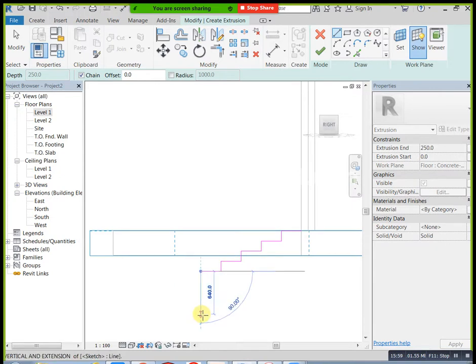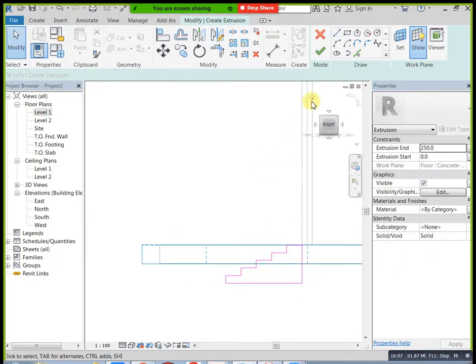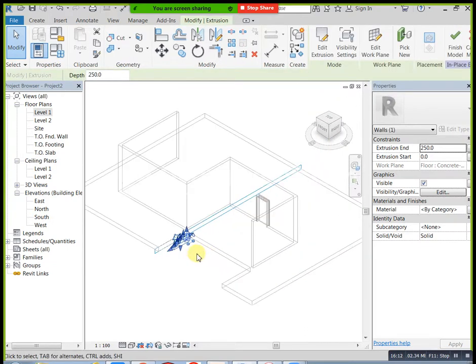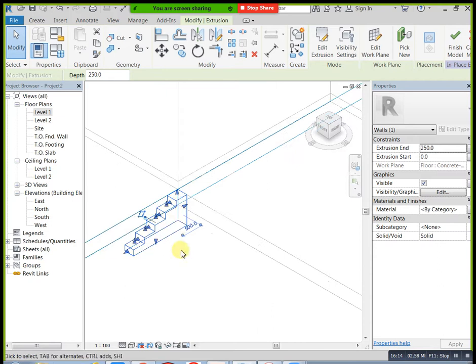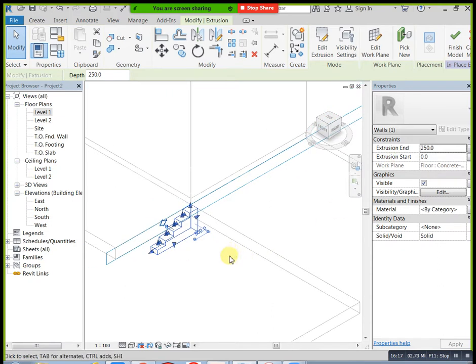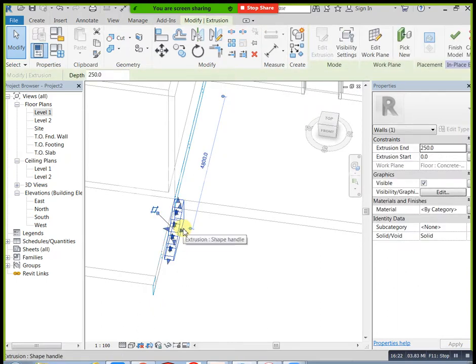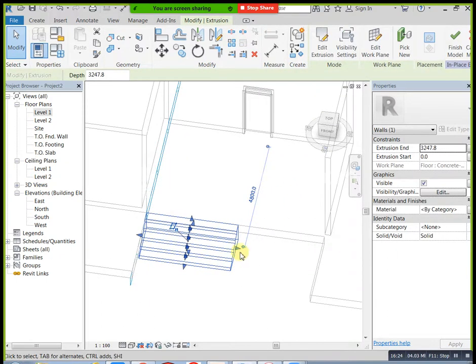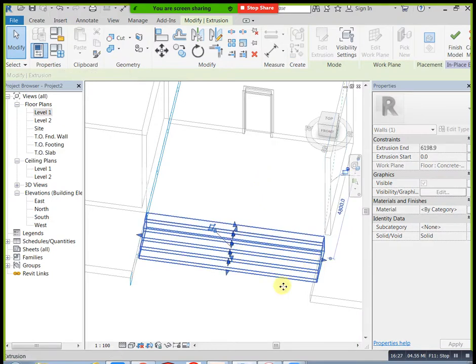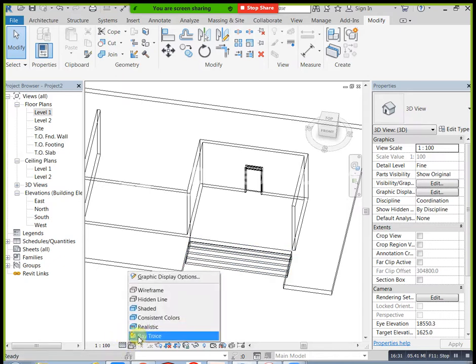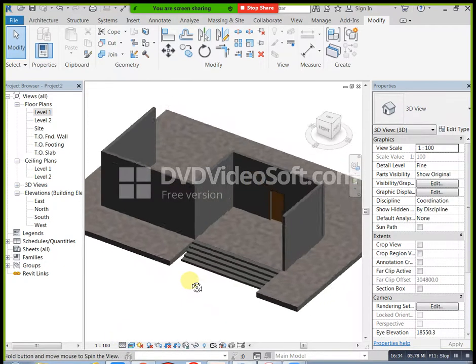Okay, now just you can do finish once. Go here. Here we need to adjust. Okay, here to here we have our dimension. Just you can see. You can apply like this. Then you can do finish. Okay, based on your building height, number of steps you can mention like this. Okay, at the same time, if you need design, you can apply that designs also. I will show simple design.